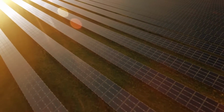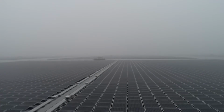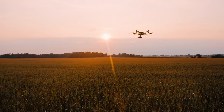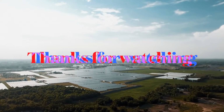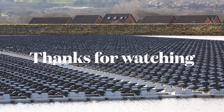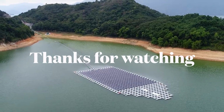It can only be hoped that, like the Chinese project, this and other bold initiatives will balance futuristic energy needs with the economic and agricultural needs of local people. And if they manage to get it right, it'll send a very powerful signal that floating solar is the future. What do you think? Is floating solar an idea so obvious that mankind would be foolish not